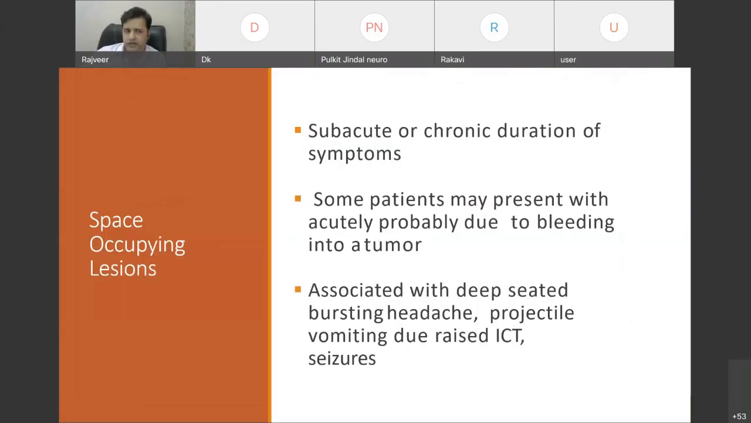Coming to another common differential, that is space occupying lesion. How do they present? They usually present with subacute or chronic onset of symptoms, but sometimes the patient may present acutely, like a patient who has some space occupying lesion, a malignancy in the brain, that has bled, and the patient may have an acute focal deficit. But what are the other associated features in space occupying lesion along with this focal deficit? The patient may have severe headache, deep bursting headache, projectile vomiting due to raised ICT, or the patient may have seizures